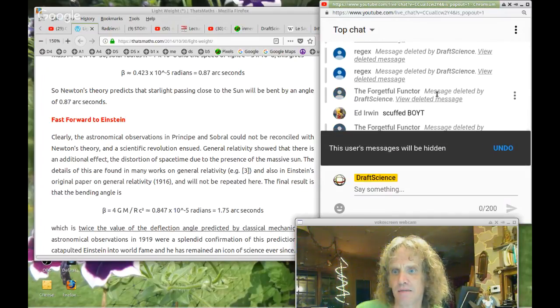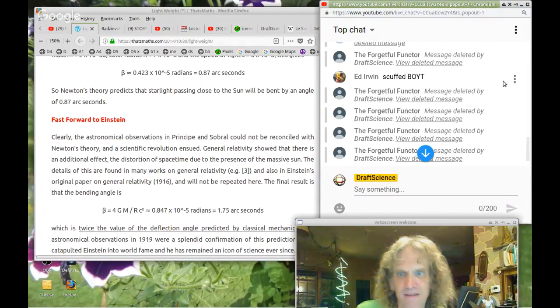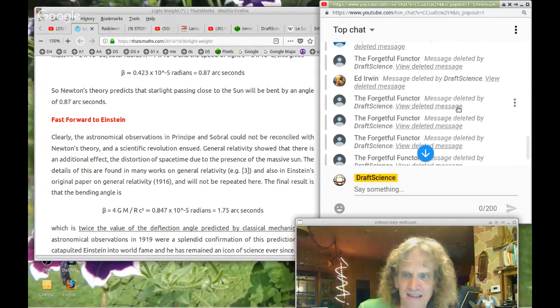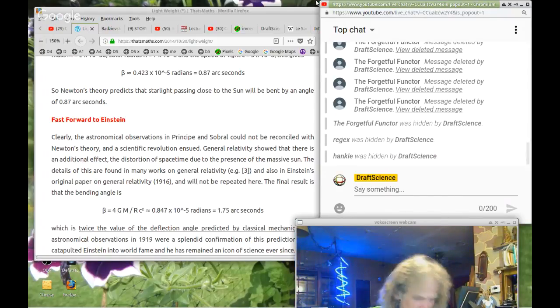All right, so I got rid of a good pile of crap. Stuffed Boyd. What that means, I don't know. What do you want me to do? You want me to block you for this? I don't know what that means. Stuffed Boyd? What the fuck is that? God, I don't know. What the hell do I do? I'll just remove it. But god damn, can you type something that's some sort of rational sentence? God, I hate people. Fucking putrid jargon.